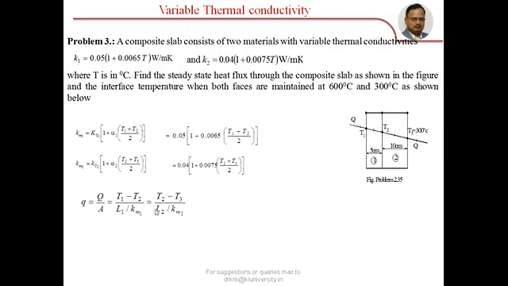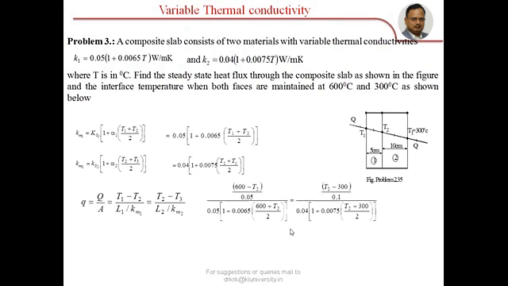Per unit area we are considering. And the resistance of the second layer is L2, the thickness, divided by K mean, the mean thermal conductivity of the second material, into area. Of course, area is brought here. So by substituting